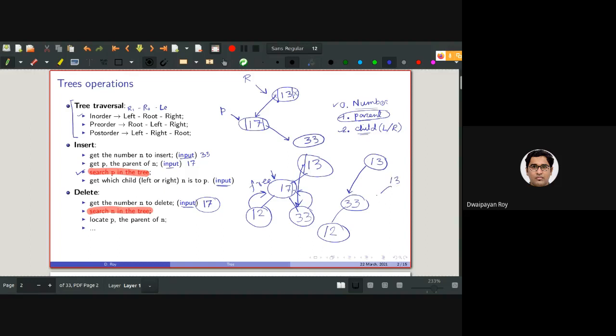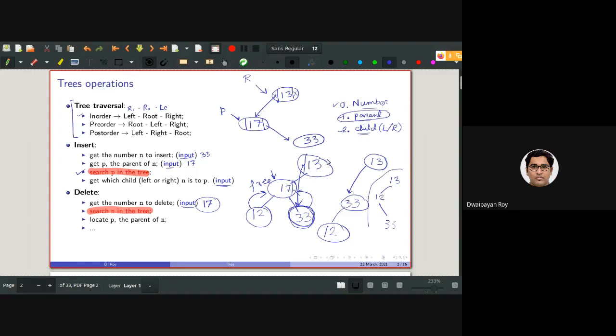Why not make it like 13, 12, and then 33? This is another choice. As I have mentioned, there are some specific names or importance of this value, but we'll be discussing that. For the time being, you can consider, yes, this is another option.